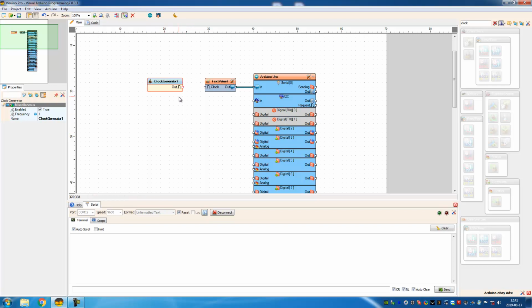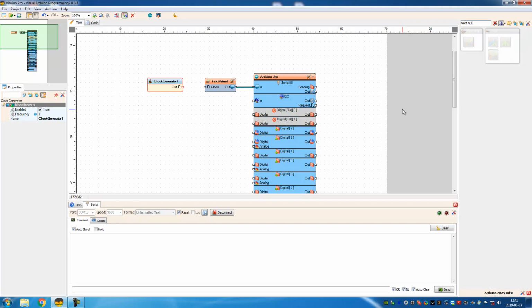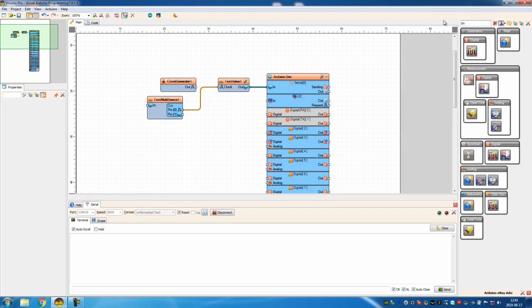There are several ways to make a clock signal come to the components you can use. Let's see, I had text multi. As you just saw, I can use all kinds of values act as a clock. As long as the value changes, it's still gonna be a clock signal. Some of them like digital, let's say pulse,